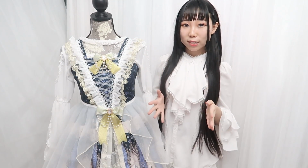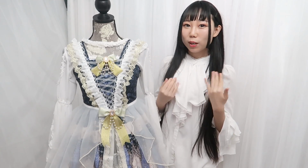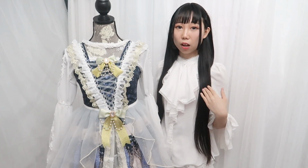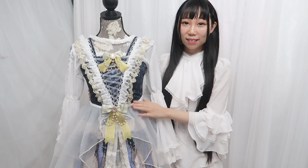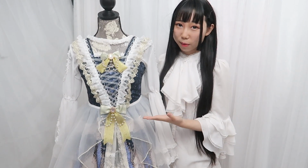So this is a dress transformation video. This is probably the best dress I transformed so far, and I really like it. This is a dress I got before. I didn't know that was a fake one, so I regret I bought that fake one. I did my best to transform this dress and it looks so much better than before, but it's not perfect